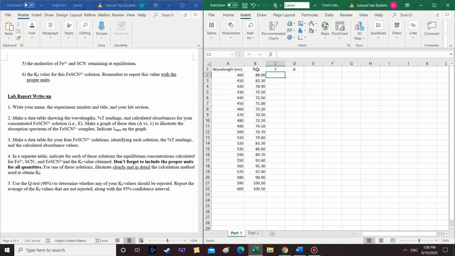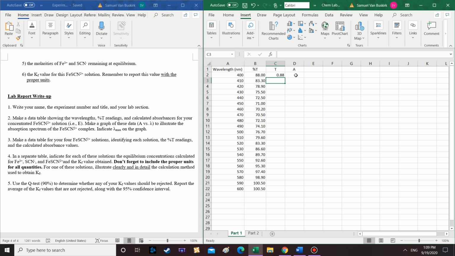So first I'm going to convert %T to T in this column. I'm going to put equals in this cell here. That's just telling Excel that I'm going to do a calculation or some kind of formula. In this case, we're just going to take the value in this cell in column B here. So B2 is going to pop up. We're going to divide by 100. And that converts to a decimal, right? So now that's converted to a decimal and it's T, now we can plug it into that formula